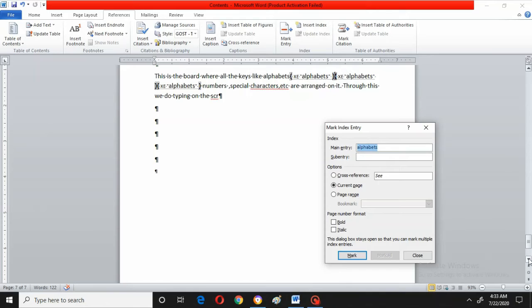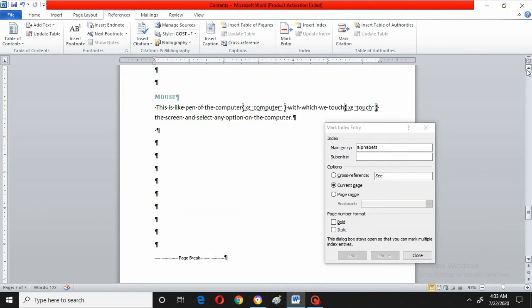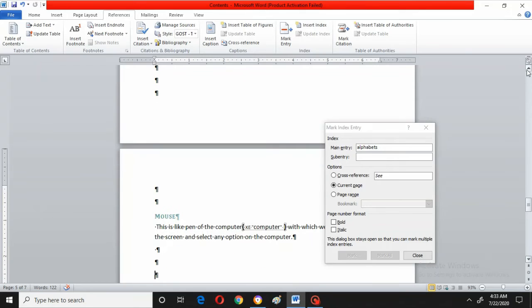Next, I'll go to the next page, right? Now for one alphabet I have taken, which is in the 7th page, I will go to the 6th page now. Now I am in the 6th page. Now here, before the start of this video, I have already done some examples. So automatically, when I am asking for mark entry, it is showing the different mark entries.